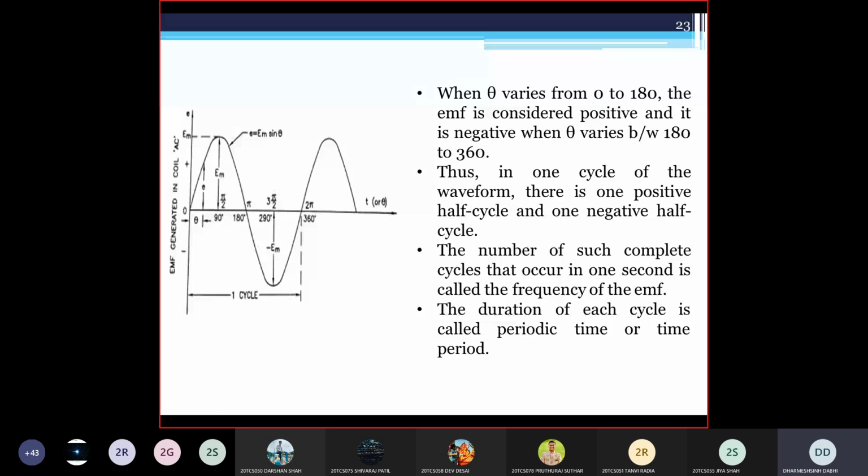This regular interval of time is decided by the frequency of the wave shape. If the frequency is 50 Hz, the wave requires 20 milliseconds to complete one cycle. It means your sine wave requires 360 degrees or 2 pi to complete one cycle, which is 20 milliseconds. A half cycle requires 10 milliseconds, and a quarter cycle requires 5 milliseconds. So the time period in which the wave completes one cycle is decided by the frequency. As the frequency is higher, the wave requires less time to complete one cycle, and vice versa. Clear?